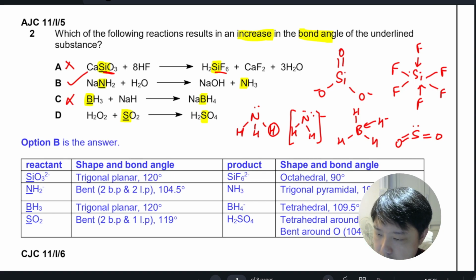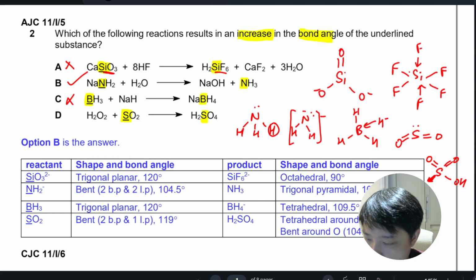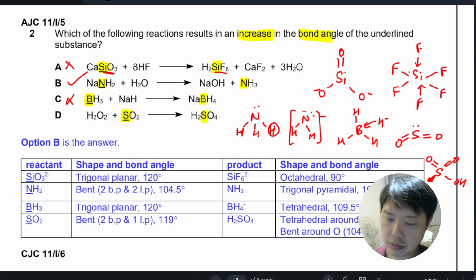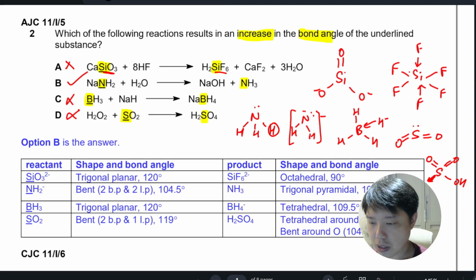Sulfuric acid, you just need to put a sulfur in the middle, double bond O, dative bond H. Sorry, this one is not a dative bond, this is a normal bond. Okay, so tetrahedral also, 109.5. If you're thinking of the angle at the oxygen instead, it is 104, but that's not relevant because we are looking at the sulfur. Okay, so D is not our answer as well. The only one which increases in bond angle, you can see very clearly, is